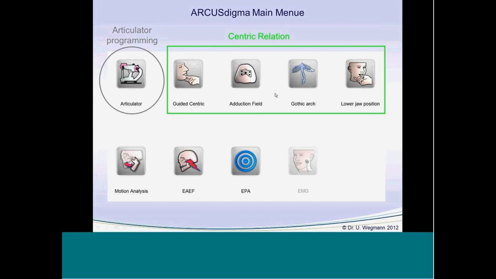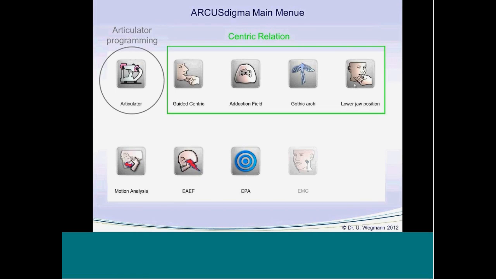You can prefer the guided centric with a Lauritzen grip, for example, or the adduction field, or the Gothic arch tracing, especially for full dentures. And there's a new one, it's called lower jaw positioning, and that's what I prefer to have for the centric position when I treat functional diseases.